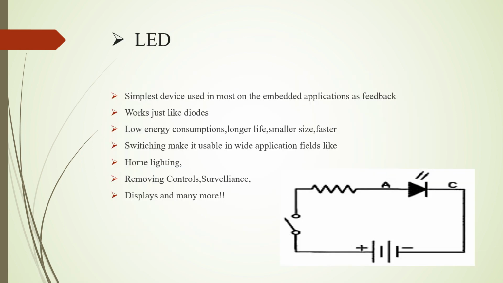LED is nothing but a light emitting diode. It is a semiconductor light source that emits light when current flows through it. White light is obtained by using multiple semiconductors or a layer of light emitting phosphor on the semiconductor device. It is the simplest device used in most applications as feedback. Some applications are home lighting, remote controls,